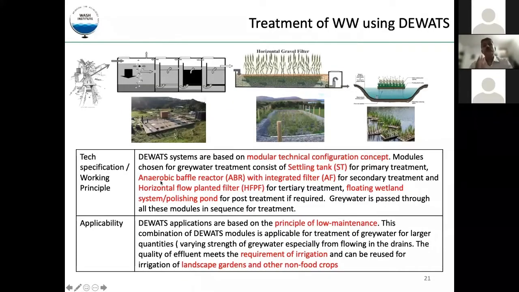So just to introduce you to a few technologies which are very popular and people are using extensively. The full form of this is decentralized wastewater treatment modules actually. If you see, it brings an anaerobic and aerobic treatment combination. So here, at least 4 treatment modules are there, but these are all very well packaged and very well installed within the treatment area. The settler, the baffle reactor, the anaerobic filter, and the planted gravel filter.